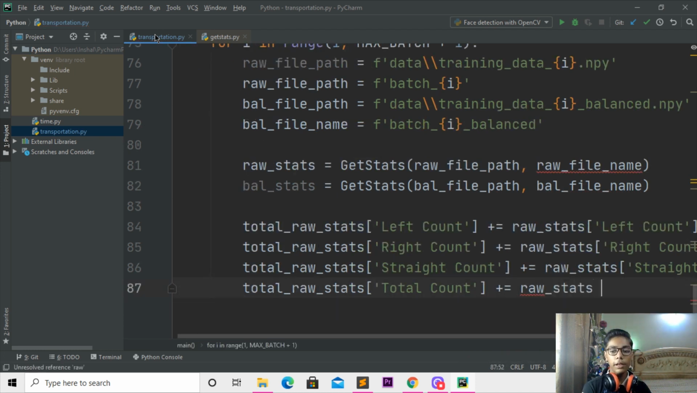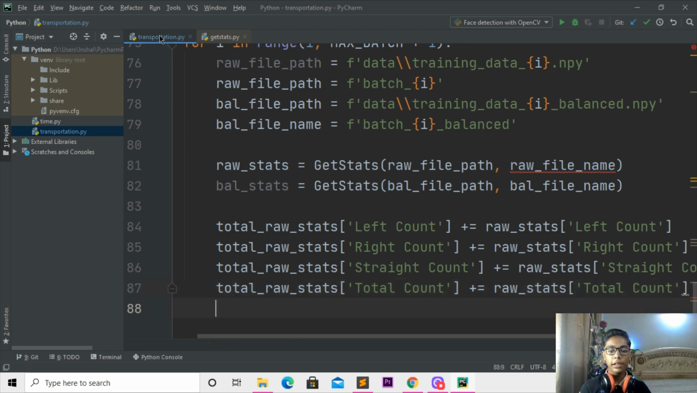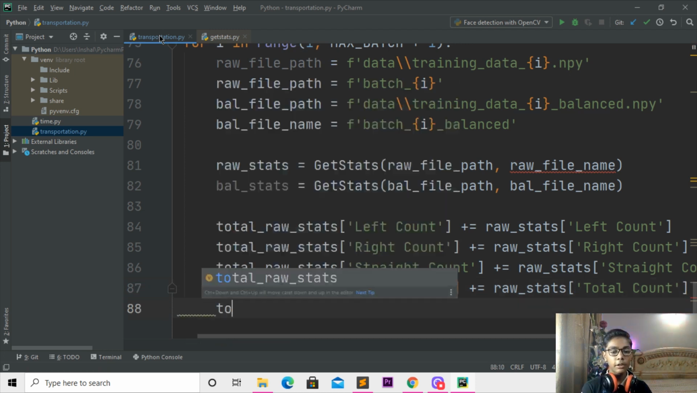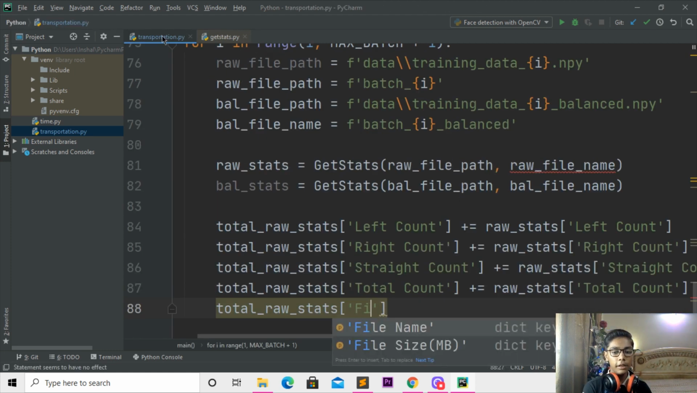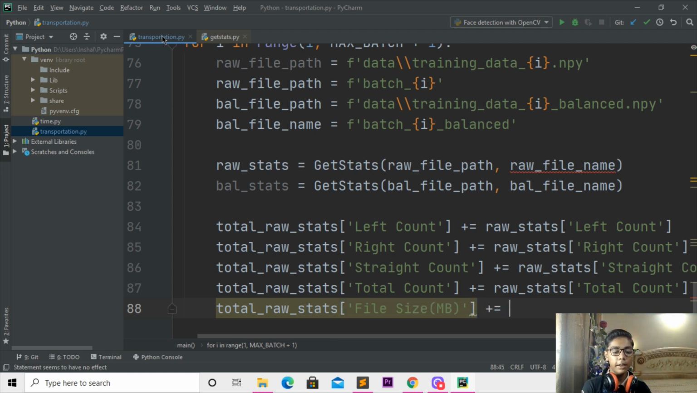So when you've done with that, I'll be changing that to like that. And when you've done that, I'll be writing total count. And now when you've done with that, I'll be coming underneath, and here I'll be changing that to total raw stats, and here I'll be writing this sign, writing that to like file size, and here I'll be writing empty. So I'll be writing plus equal raw stats, and then I'll be writing that to like file